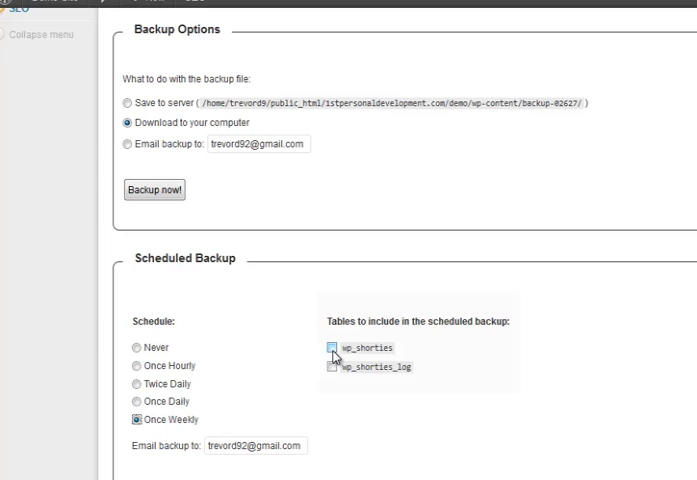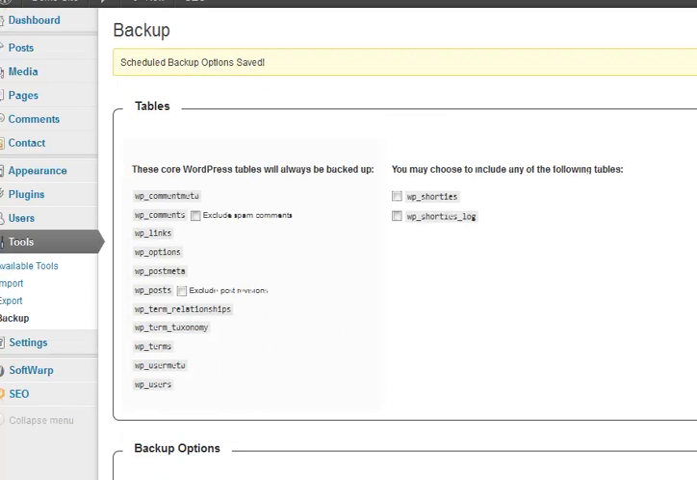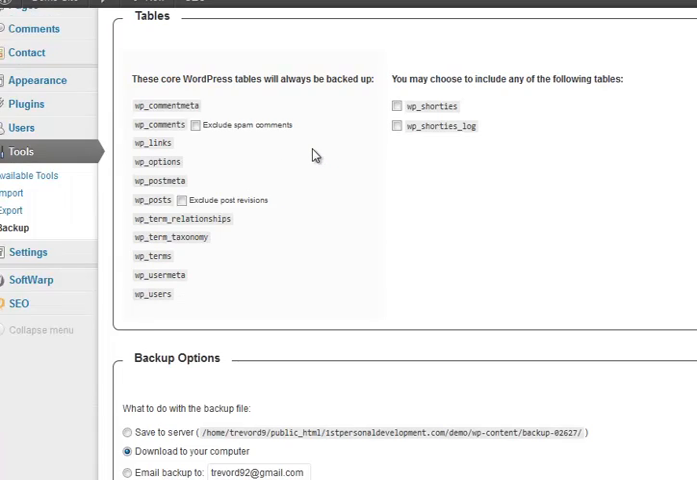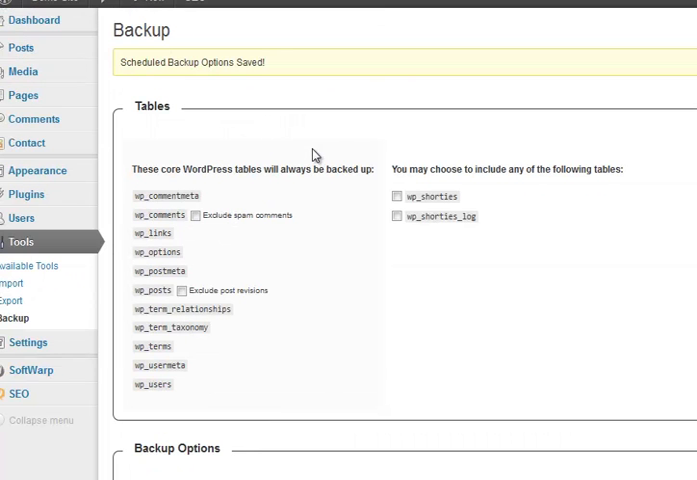Not worried about, well, actually in that one I might be. So if there are other things that it could potentially include, it will offer to include them, but it's quite intelligent. And what that will do is, once I've set it up, once a week it will send me a backup. As you can see, schedule backup options saved, and it will send everything,